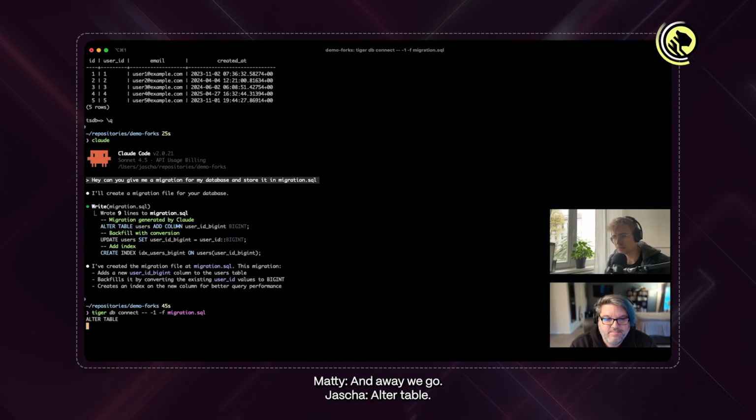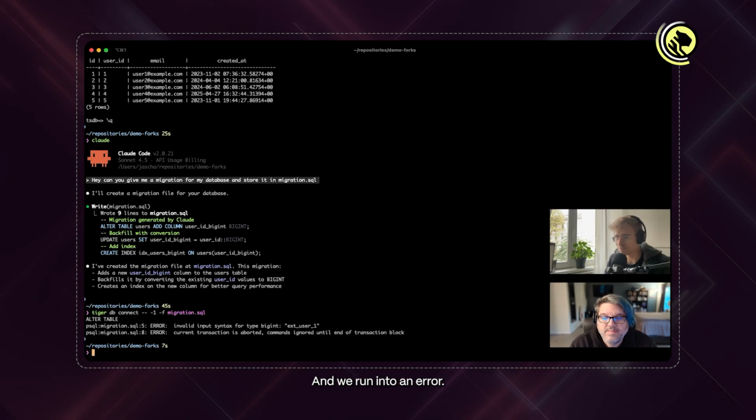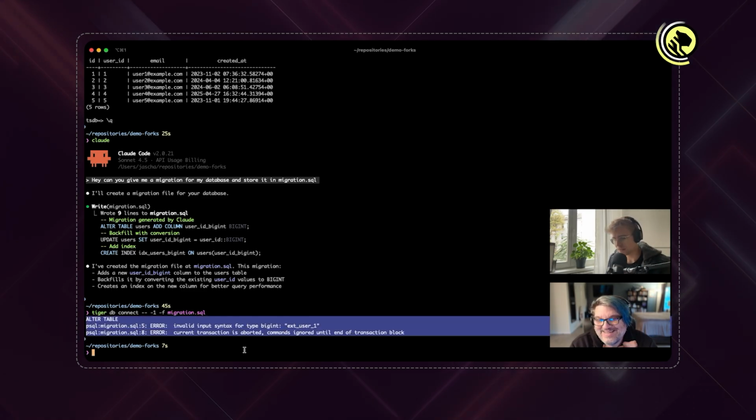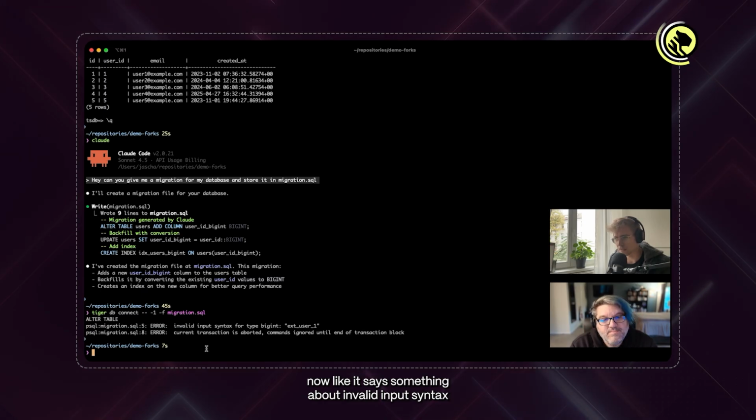And we run into an error. So we could look into now, like it says something about invalid input syntax and like try to fix the